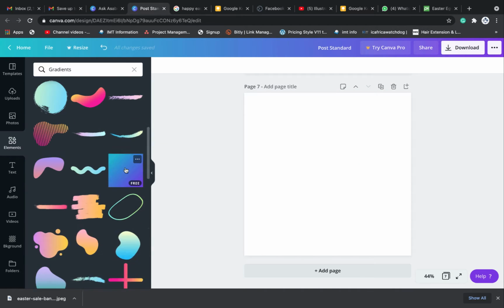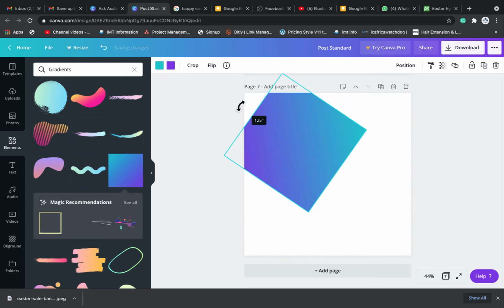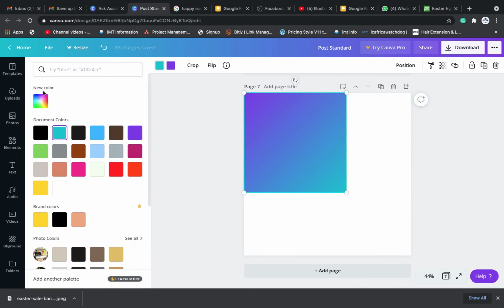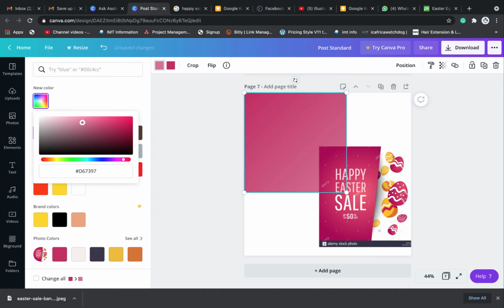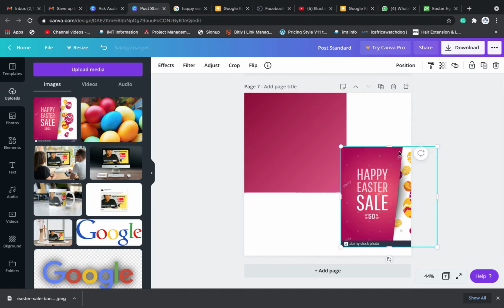Right now we're in our element and looking for gradients. We've got one. Now we need to fix the color, so let's just go grab the picture so we can pick the color from the picture so we get the same color. All right, now that we are there, we can then